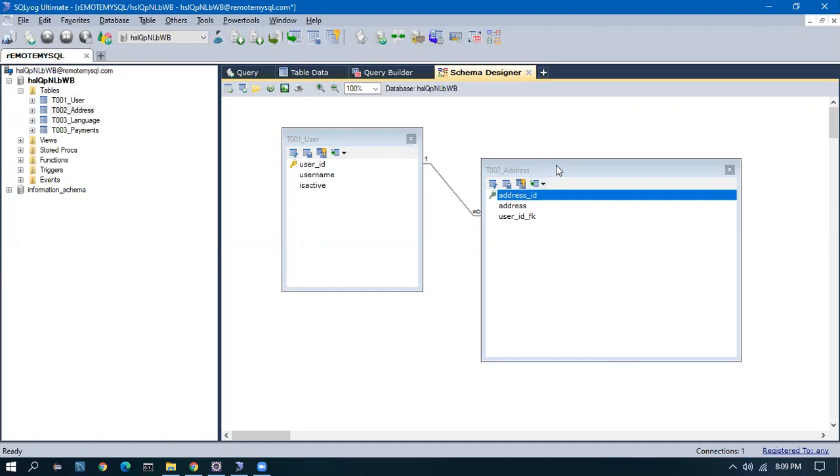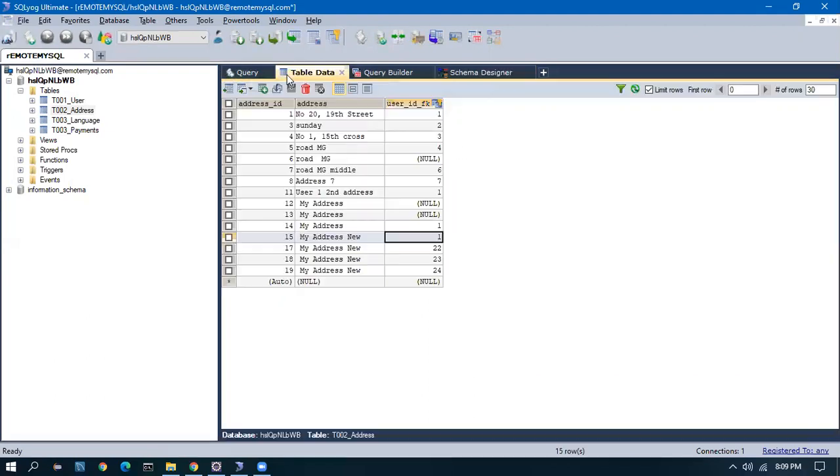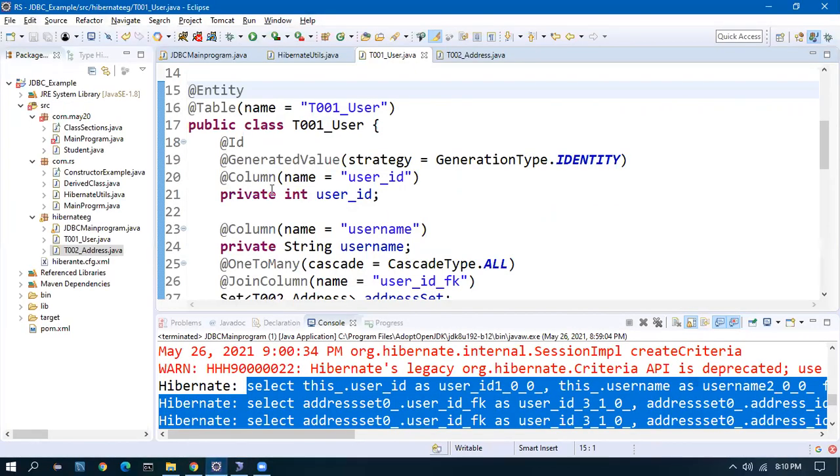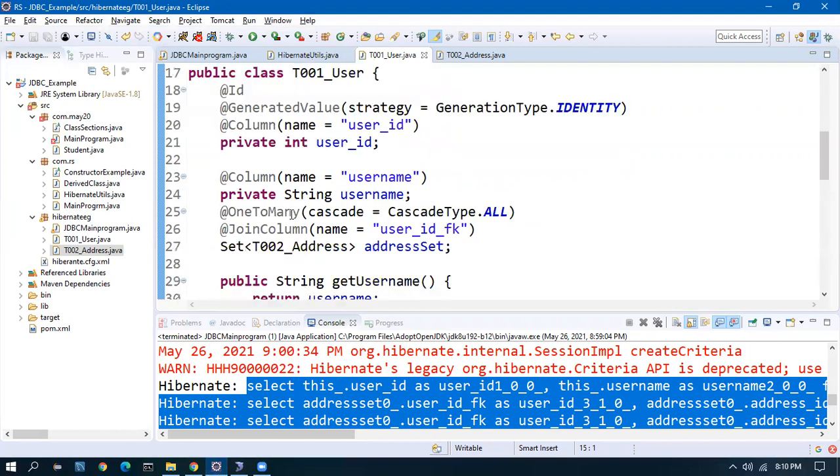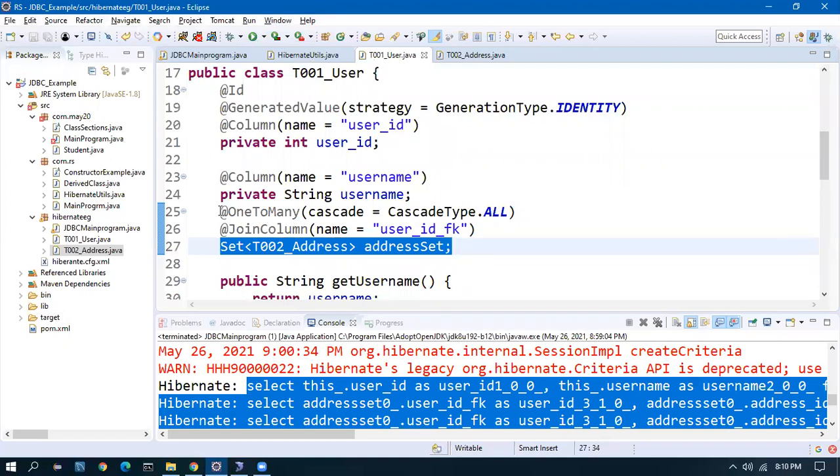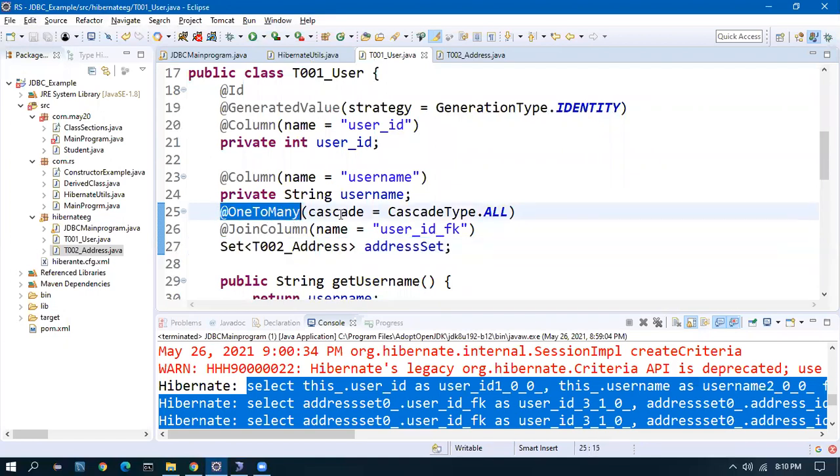And many-to-one is: many address records will be linking to the same user. This address record is linking to user 1. This is also linking to user 1. These two are also linking to user 1. So that is many-to-one and one-to-many. To do that in the mapping, in the user, one-to-many is always a collection. So we declare an address collection here, and one-to-many is the syntax.